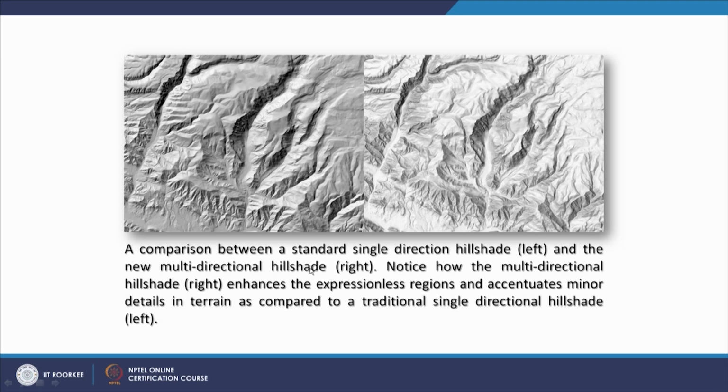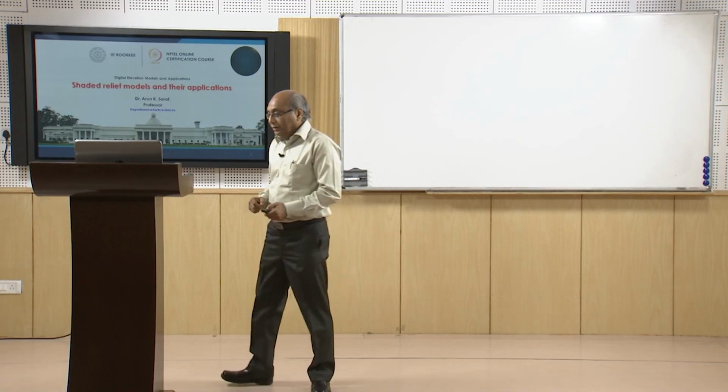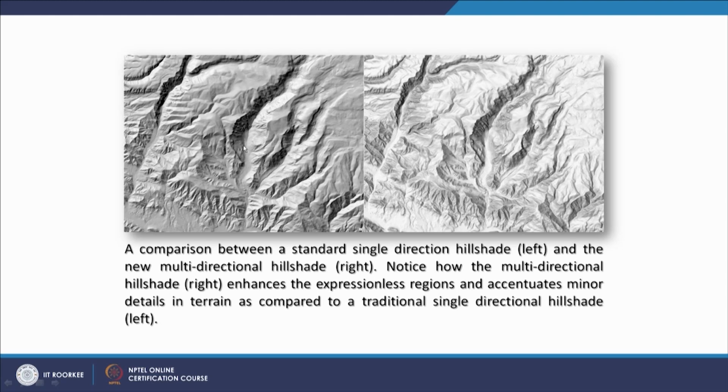And this is the comparison between a single directional hillshade and multidirectional hillshade. As you can see, a lot of areas or slopes which are facing the southeast direction are completely in shadow, and not much detail can be seen here. But when we create a multidirectional hillshade, keeping a primary direction, say from the west,